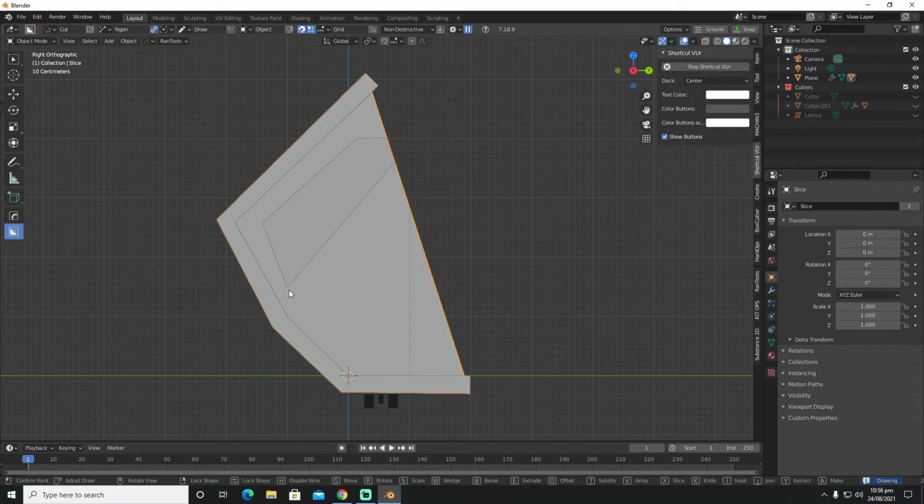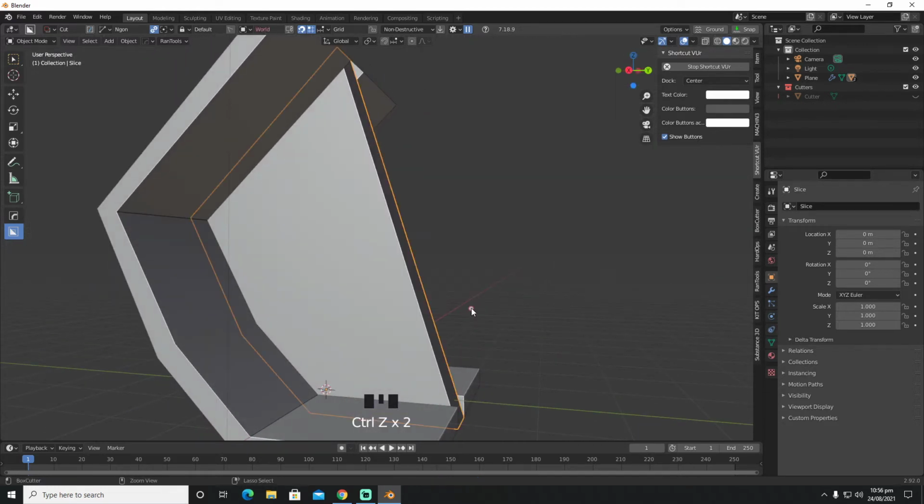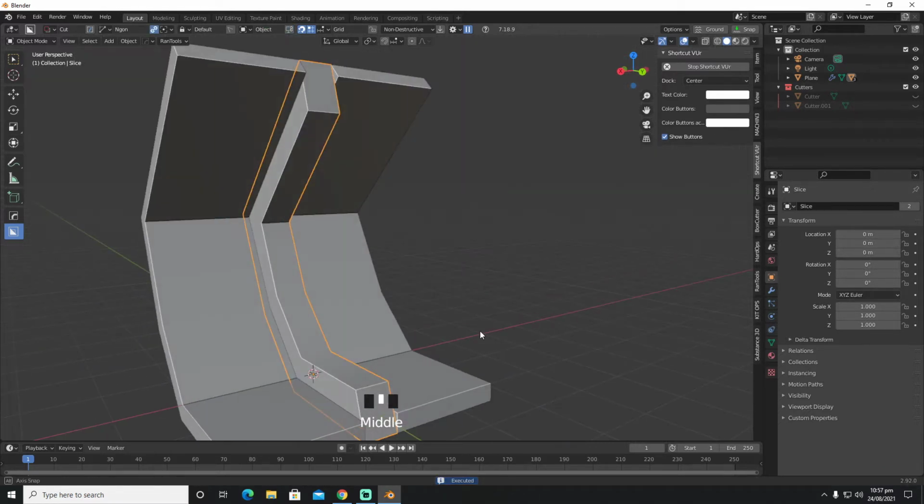Or maybe, if we let go of control, this is going to snap. So we have something like this. Okay,